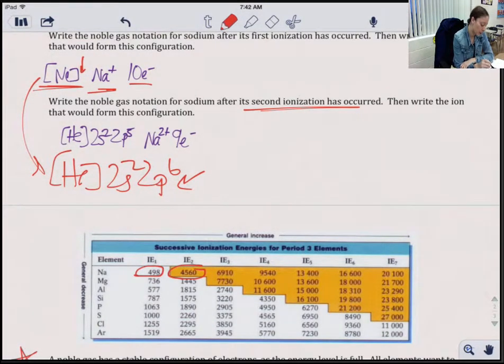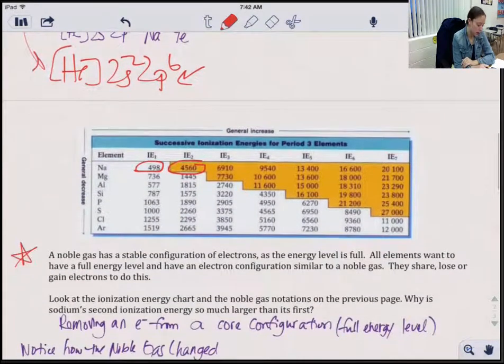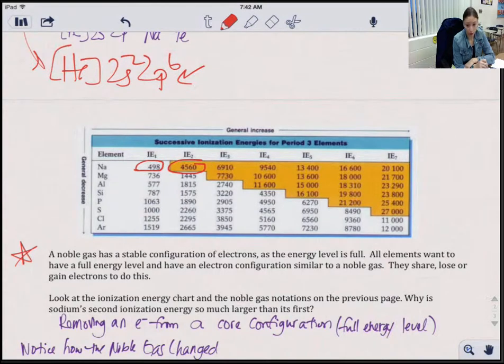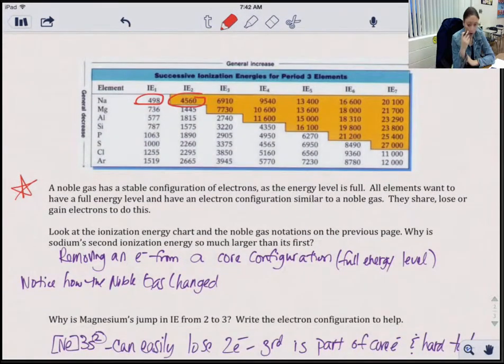Okay, so it went from being something that had a full energy level, looking like neon, to now you want to take one from it. Well, it's very stable that way, so it takes a lot of energy for that to happen. And that works kind of where all of you see that little orange line where it changes. Those are kind of where you're changing from taking a valence electron from something to taking its core electrons,